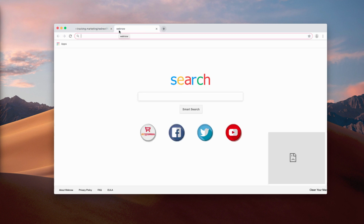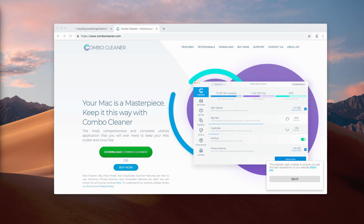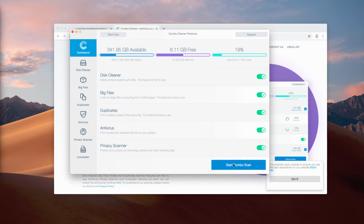What I recommend you do is perform a thorough checkup of your system using a program called Combo Cleaner. The website is combocleaner.com. This is where you may download the application officially. You install the program after downloading it here, and in my case the program was already installed. So here is how it looks, and after you start the program, it might first update its antivirus database, and then you immediately click on scan